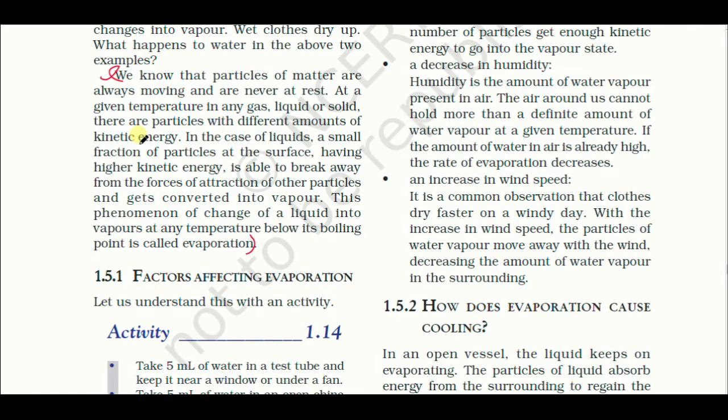That's why sometimes they are able to break the bond between the molecules and go into the gaseous state. That means the liquid molecules leave the liquid state and convert into a gaseous state. Here we do not need to provide any kind of heat energy. It takes place automatically, and there is no need to boil either. So this is known as evaporation or vaporization.